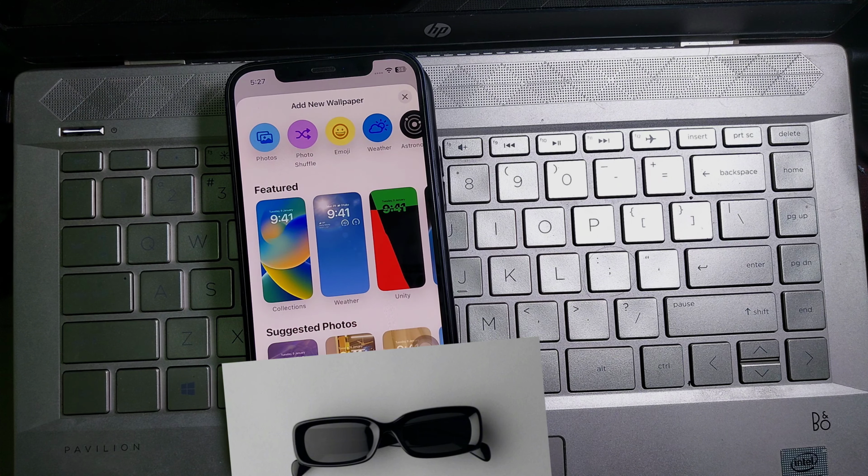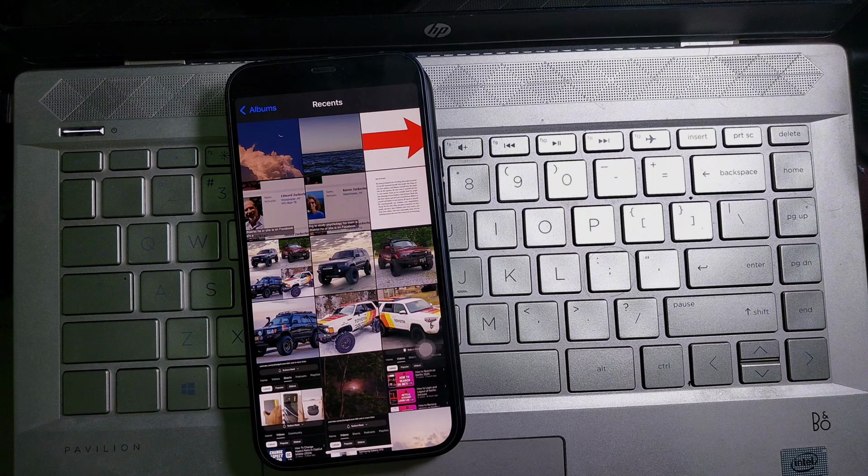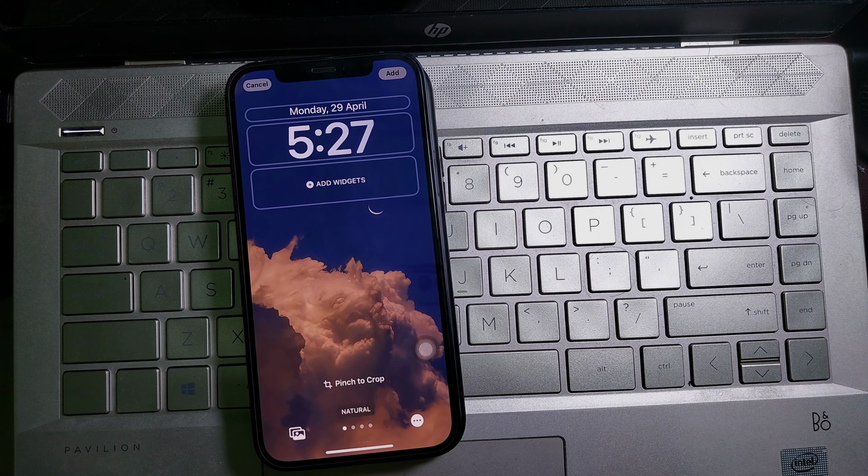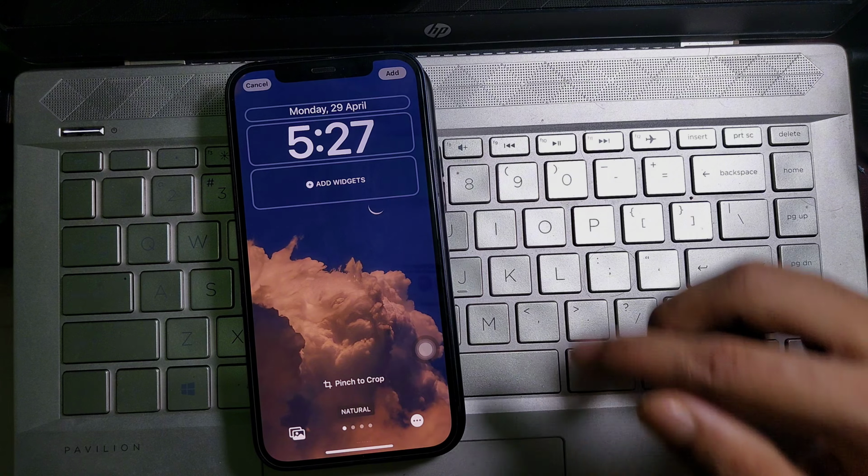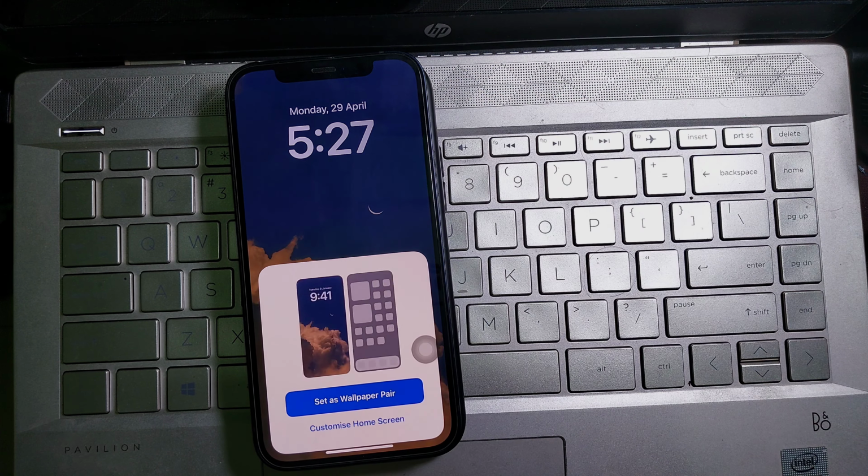If you wanna add a photo from your mobile gallery, then tap on photos at the upper left corner, and then your mobile gallery will open. Now you have to select a photo for your lock screen. Now select a photo for your lock screen, and then tap on add at the upper right corner, and now